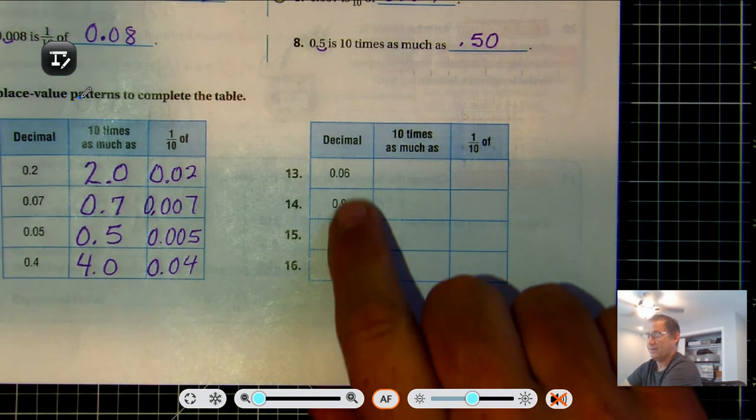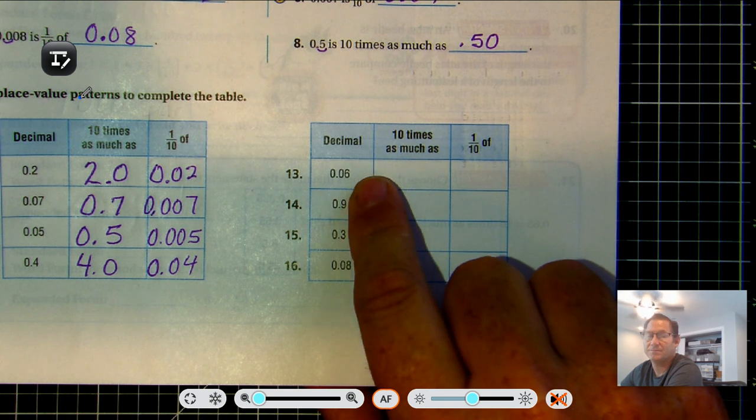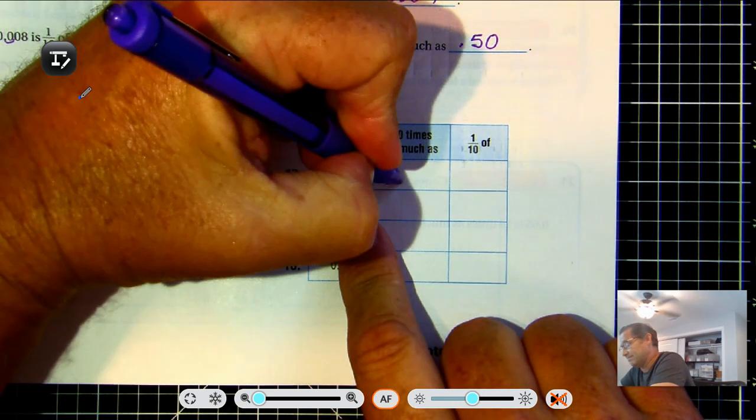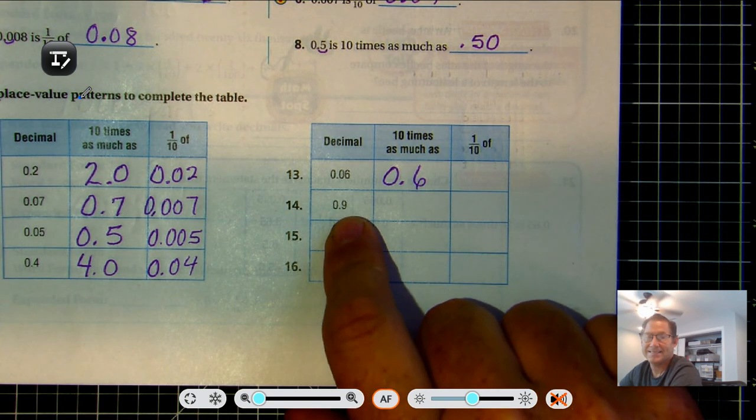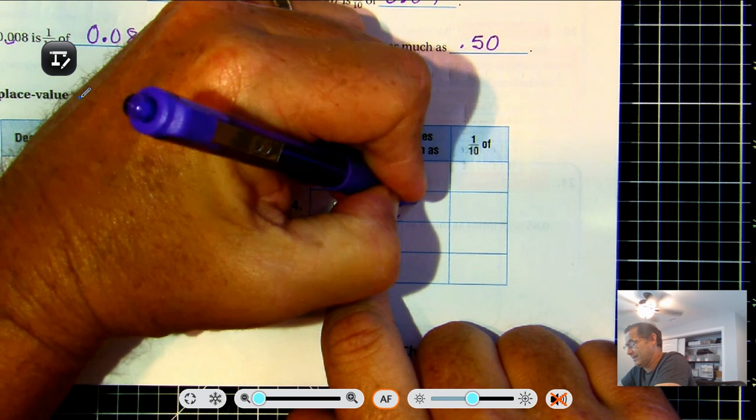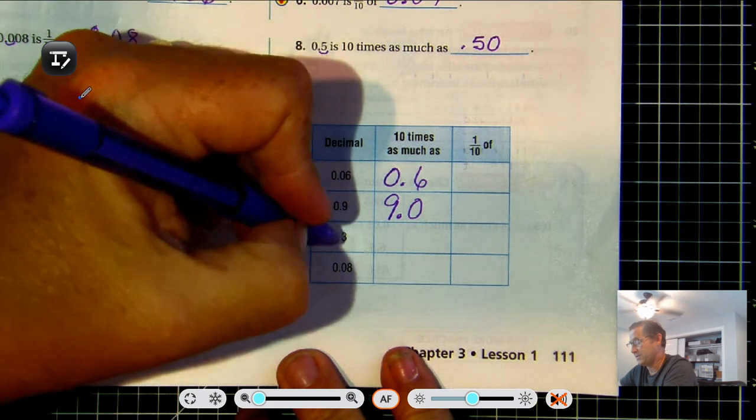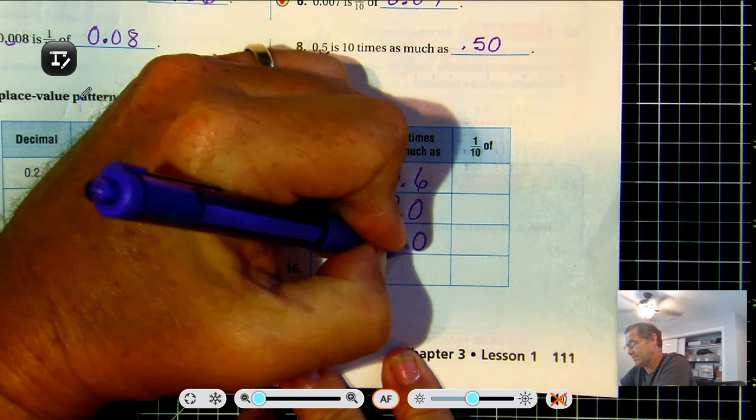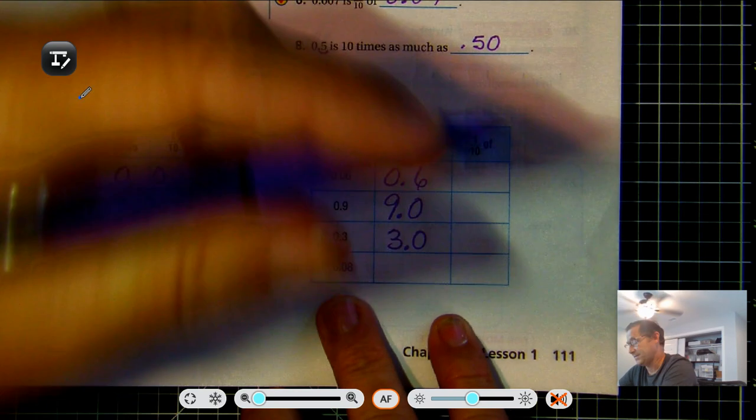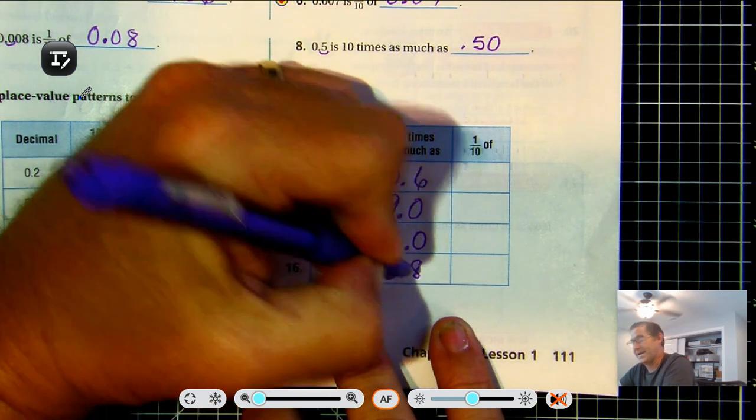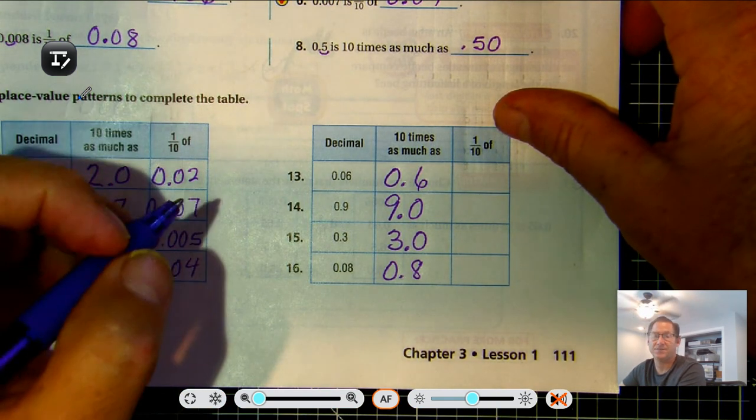13. If we have 6 hundredths, 10 times as much as 6 hundredths, 6/10. 10 times as much as 9/10, 9. 10 times as much as 3/10, 3. 10 times as much as 8/100, 8/10. Okay, 1/10 of 6/100